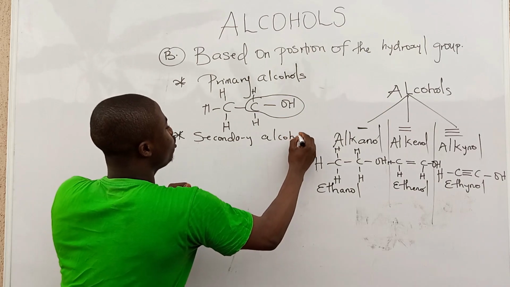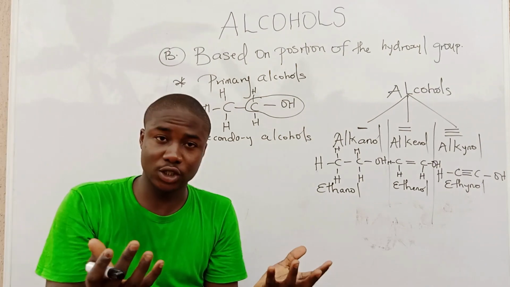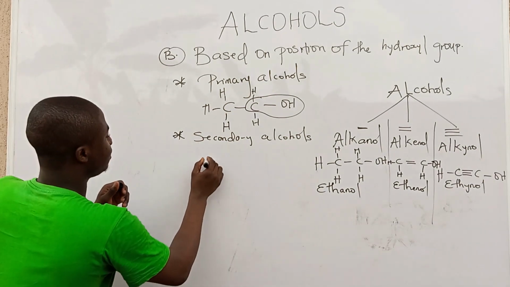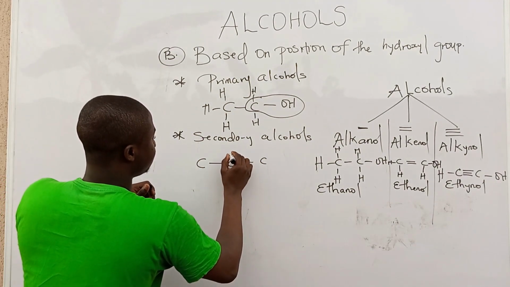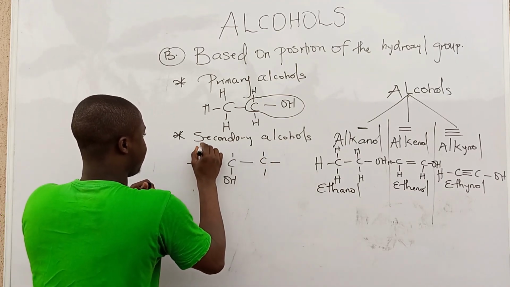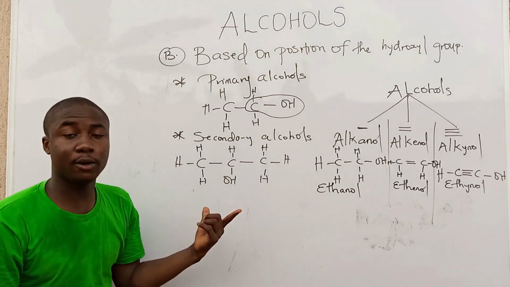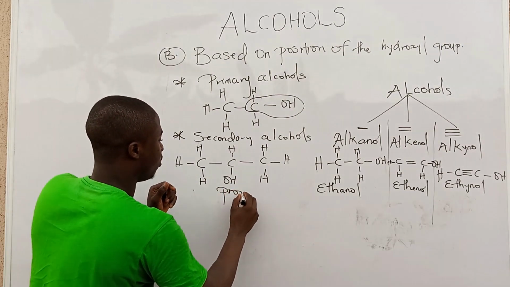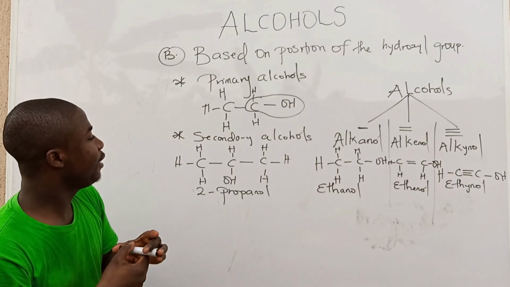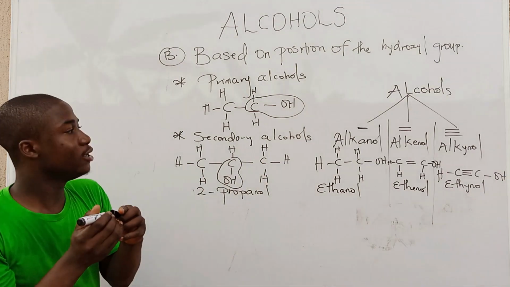Now let's move over to the other classification, which is the secondary alcohols. For you to be a secondary alcohol, the carbon bearing the OH must be attached to two other carbons directly. Now this is what I mean. This compound here is called propanol, precisely 2-propanol. You can see the carbon bearing the OH is attached to two other carbons directly,